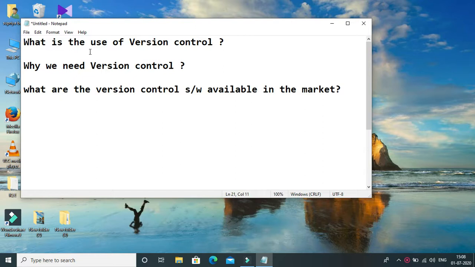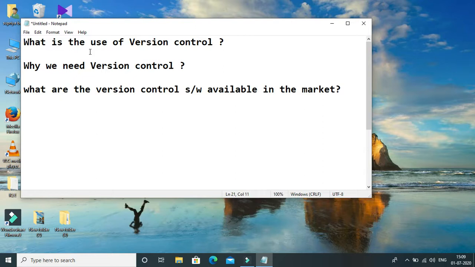Version control is used for storing and monitoring all team members' code in one place. Then why do you need version control? When a project is happening, the development is happening in multiple locations, so integrating the code from all the locations becomes very difficult, as all developers are working on the same project.